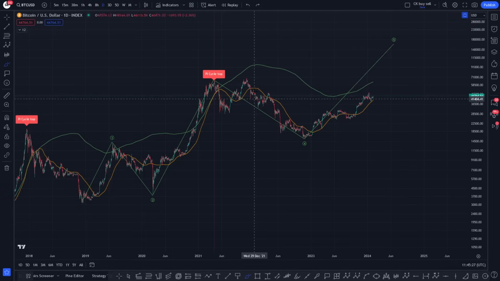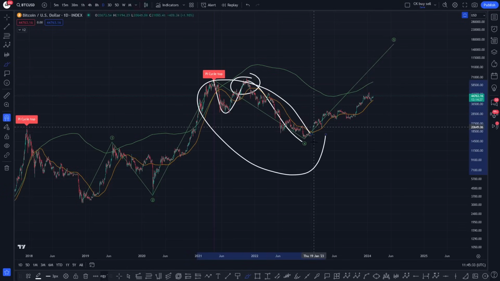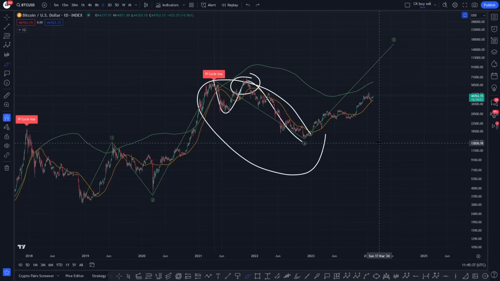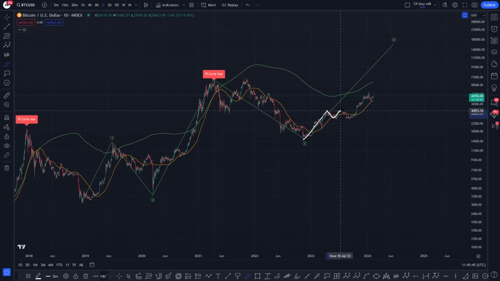So at this point, I think that this is actually a bull trap for Bitcoin. This was an A, this was a B, this was a C of a potential wave 4, and what we've got within all of this is a final fifth wave which is missing. So at this point here, this is the start of the 5th wave, in my opinion. And I've looked at this so many times with you, that what this has been is a wave 1. Then we went sideways in the summer in a wave 2, and right now this is a wave 3.